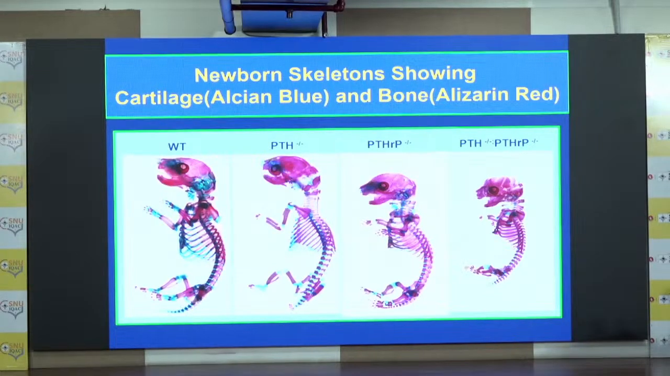a knockout of PTHrP, compare it to a PTH knockout, and then a combined knockout, and compare this to the wild-type animals. And when you do this, you see that with PTHrP, the animals are very small, and they have a reduced amount of bone. And this is true in the PTHrP knockouts versus the wild-type, and to some extent the PTH knockouts, and it's also true in the double knockouts. So what's